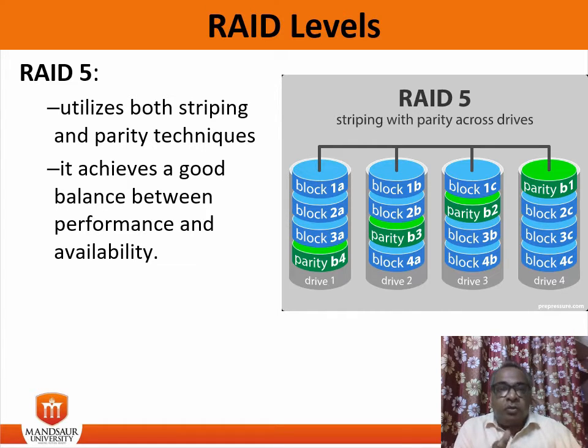So using the parity data, the computer can recalculate the data of one of the other data blocks should that data no longer be available. That means a RAID 5 array can withstand a single drive failure without losing the data or access to the data.